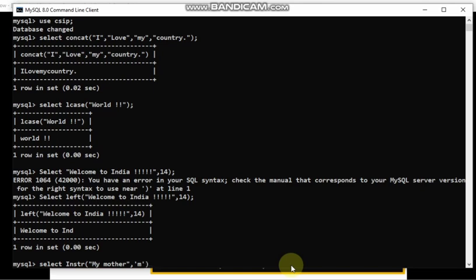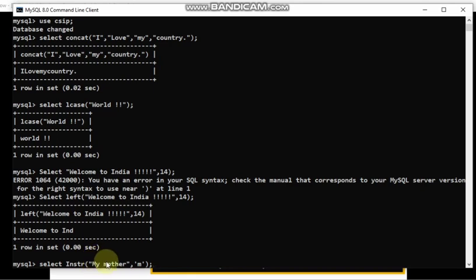So only M I am giving. So when this M is coming for the first time, in which index number is it coming? That index number is returned. So it is coming first time in the first index number only. So the answer will be 1. The output will be 1.